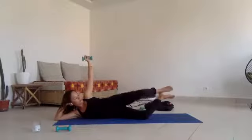Push your top hip away, draw the abs in, angle your ankles up, squeeze your heels together, open and close,